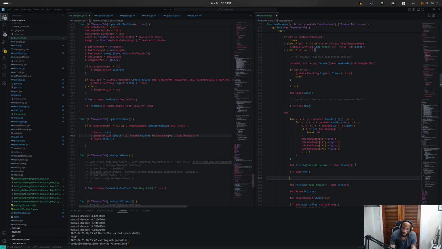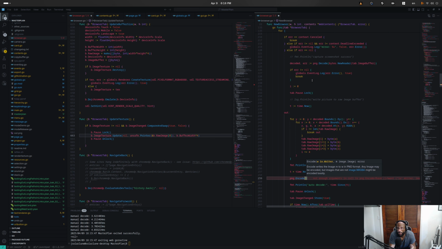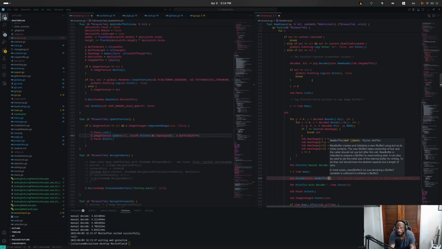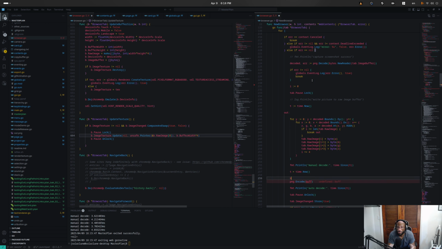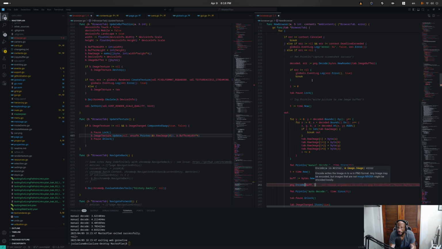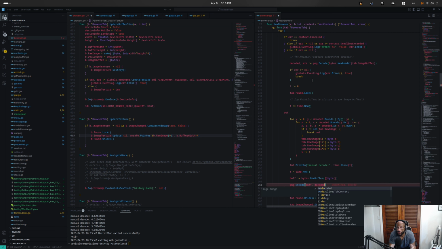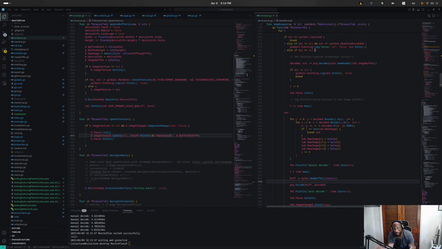an automatic decode, which would be basically, if we already have the data as a decoded image, then we should be able to use PNG encode, and then use a writer. We can bytes new buffer. And then use our decoded image. So we want to encode it as